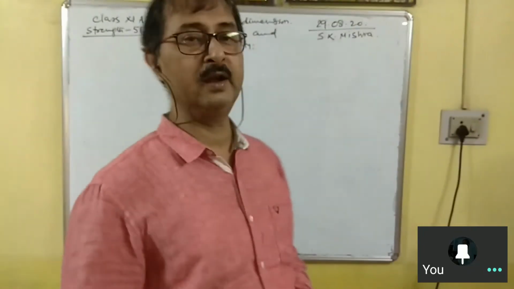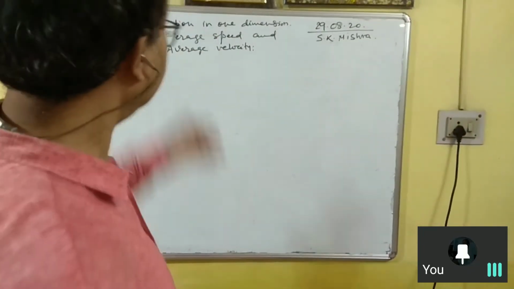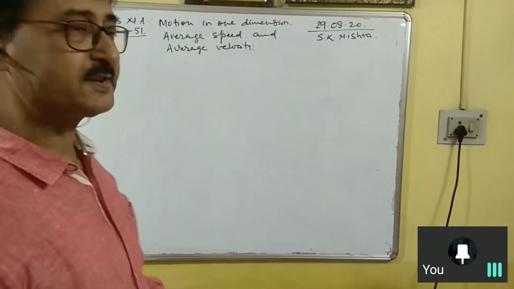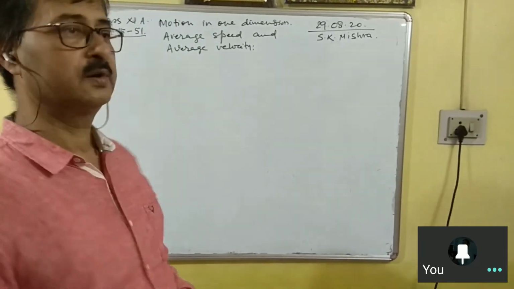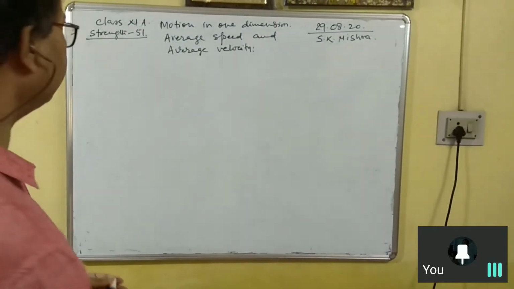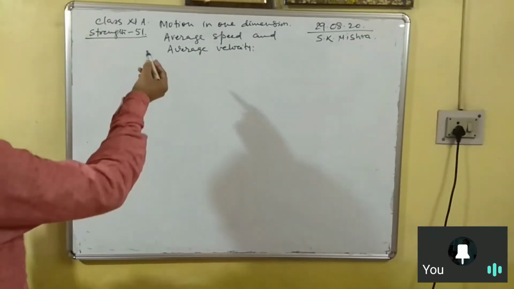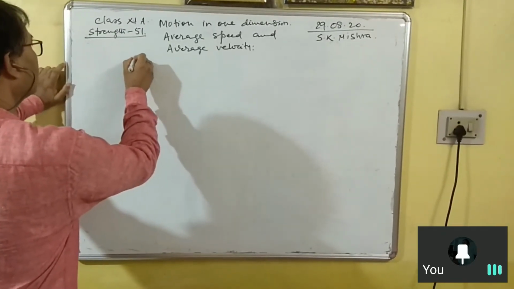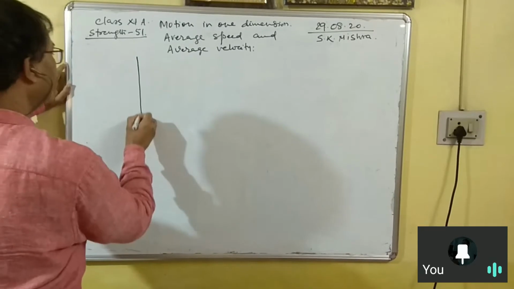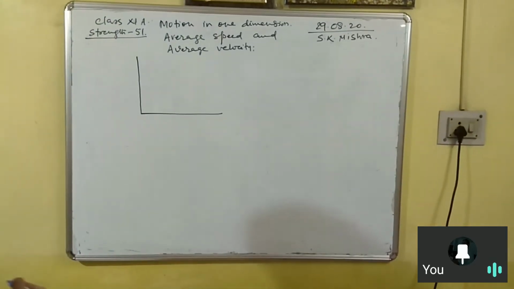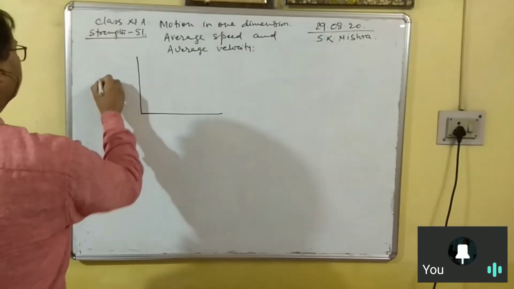Motion in one dimension, and under this topic we are going to study average speed and average velocity. Now, average speed and average velocity, I will solve a simple problem. If I ask you, the speed-time graph, if I draw a velocity-time graph or displacement versus